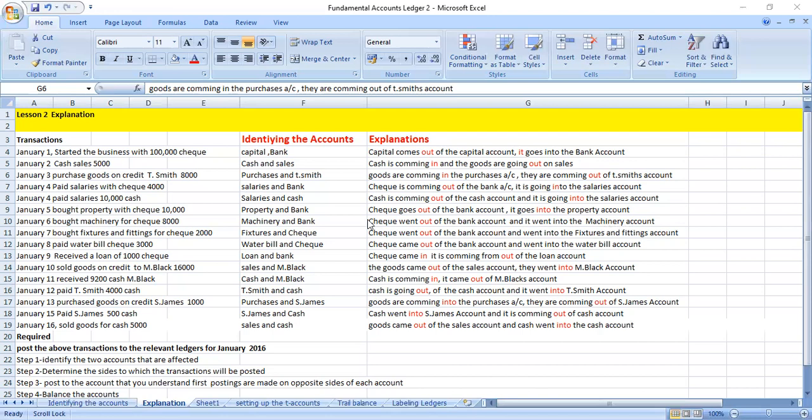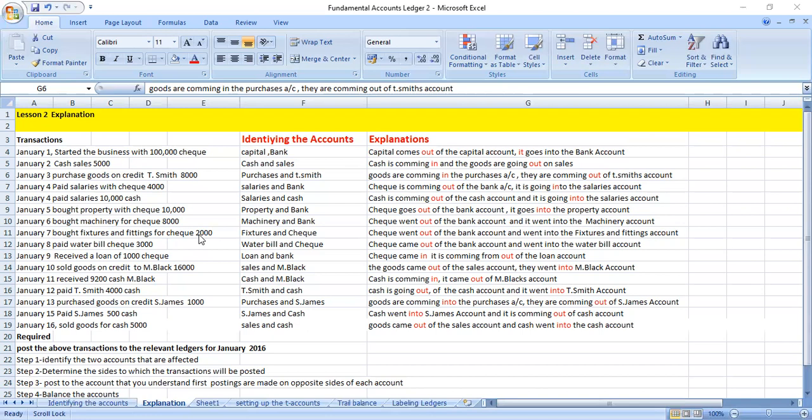We can also say that we spent the check. It came out of the bank account and machinery came in exchange for that money that we spent, right? January 7th, bought fixtures and fittings for check